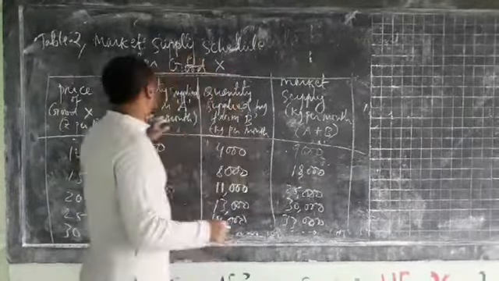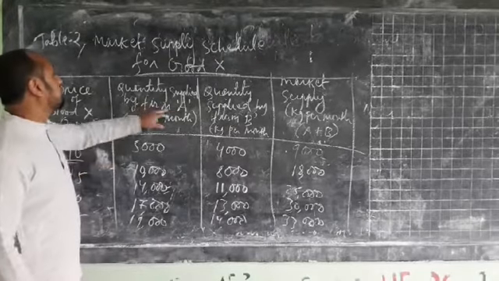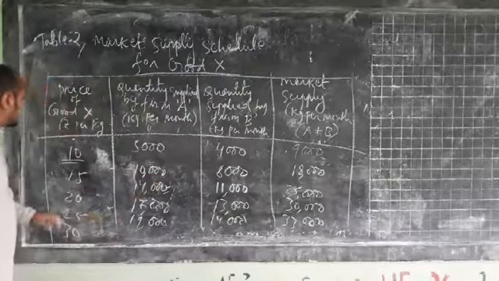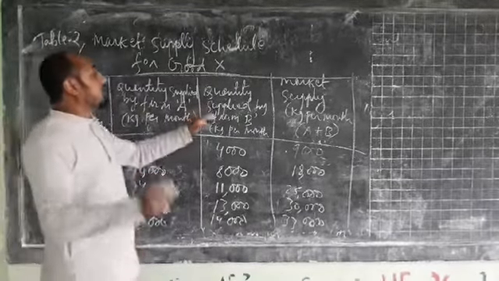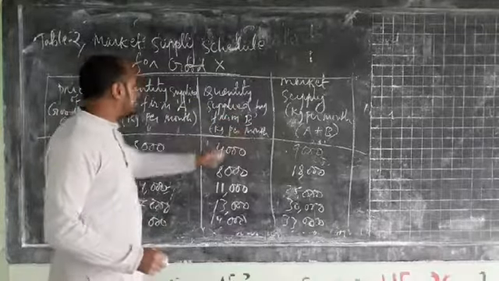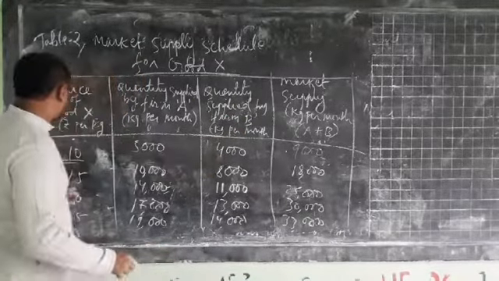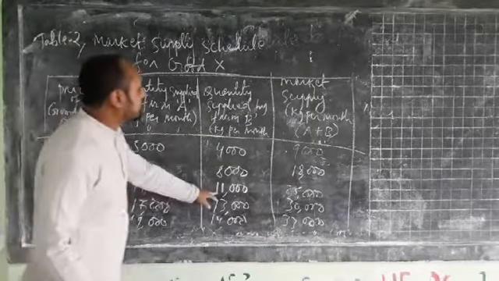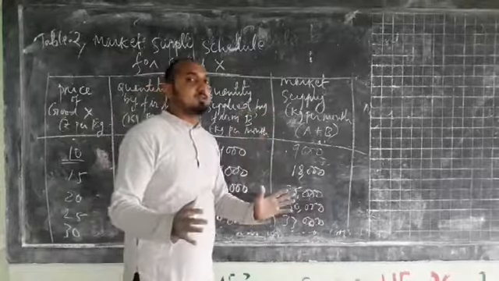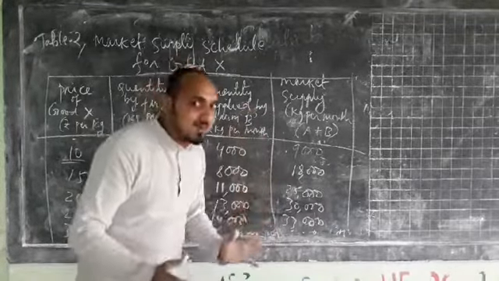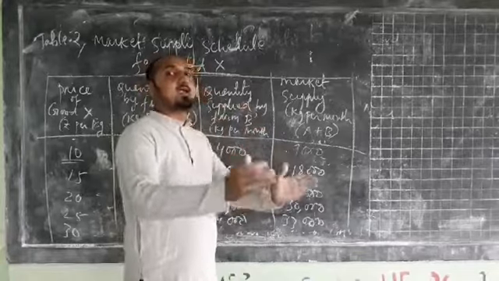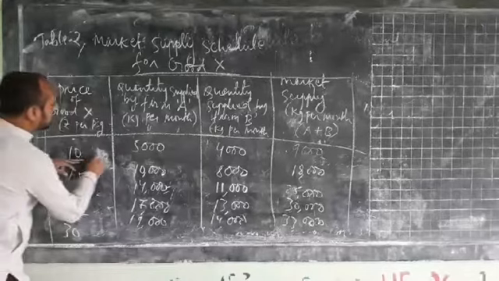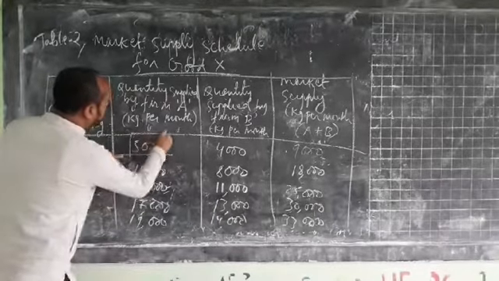So when the price is 10 rupees per kg, the quantity supplied by firm A is 5,000. When the price is 15, the quantity supplied is 10,000, and so on. Similarly, the quantity supplied by firm B at price 10 is 4,000. At price 15 we have 8,000. And when the price is 20 we have 11,000. So how will we get the market supply? Market supply means we have to add the quantity supplied by A and B. So here, if we add the quantity supplied by A, when the price is 10,